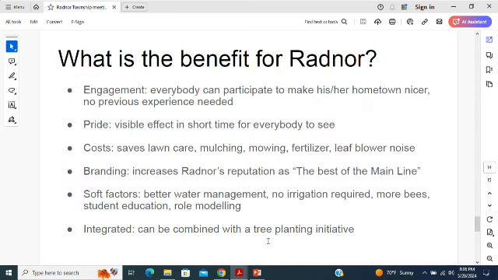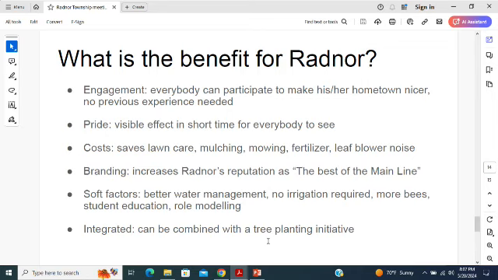So what's the benefit for Radnor? So first is, of course, citizen engagement. Everybody can participate. You can just put plugs in. You don't need any education to do that. Just as a reminder, when the EAC did this plant giving just recently, 150, let's say, households signed up for it, and every household got 2 plants. So that's basically $3 per household. I don't think that's very impressive and ambitious, but you see that there is a high interest for things like that. It's easy to do.